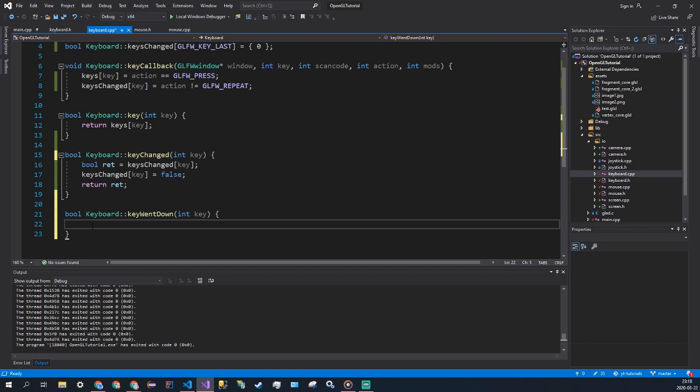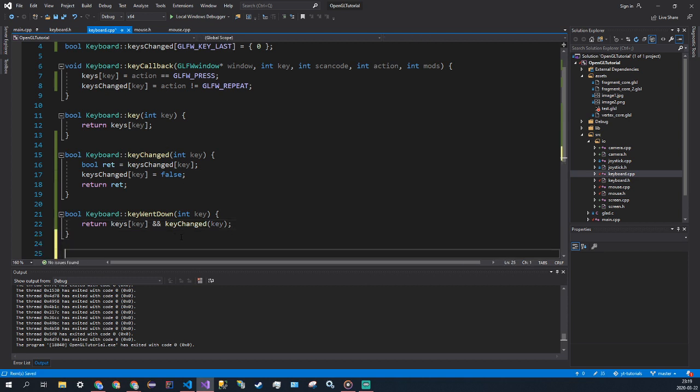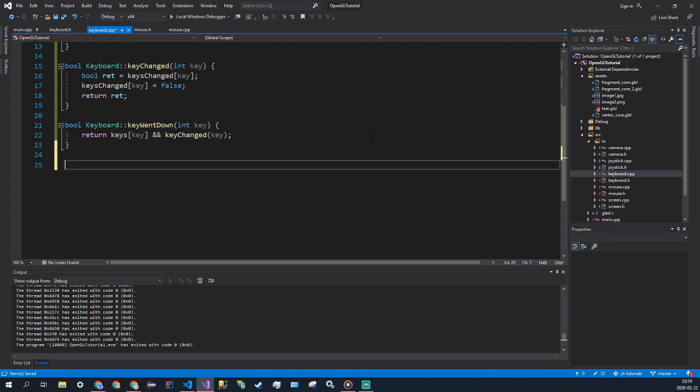What we're going to say is return that the keys value is false, so not keys at key, because we want to, keys at key, positive keys, sorry, I missed one. We're going down, so we want to, and the key just changed, so key changed, and this will reset the value to false if it's true. And then we'll also set it to false if it's not